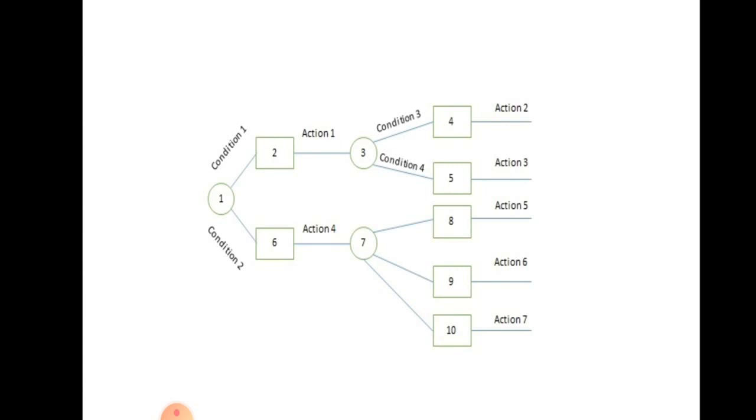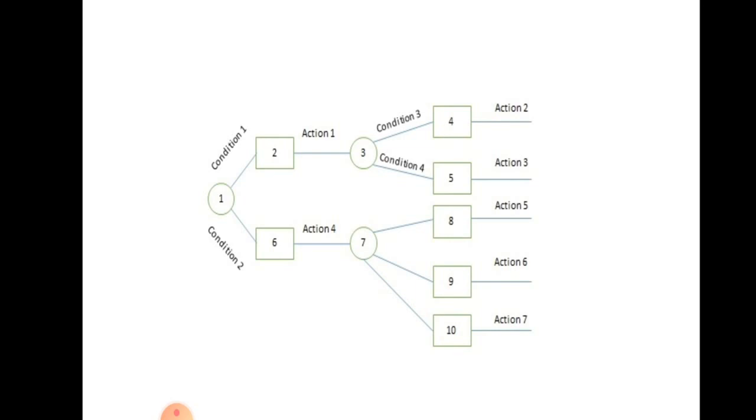Each action may have many conditions. Action 3 can be divided into conditions 4 and 5, and action 4 can be divided into conditions 8, 9 and 10. Each condition leads to some action to be performed to produce some result. So this is the decision tree. Usually decisions are taken based on conditions which may be either true or false.